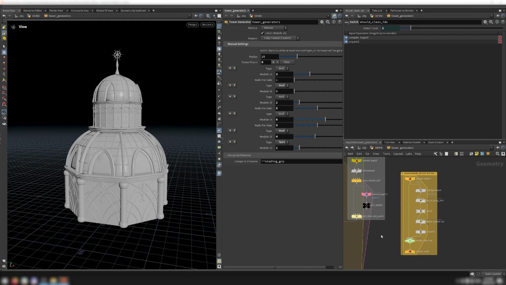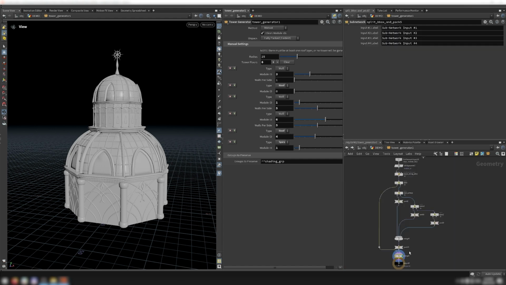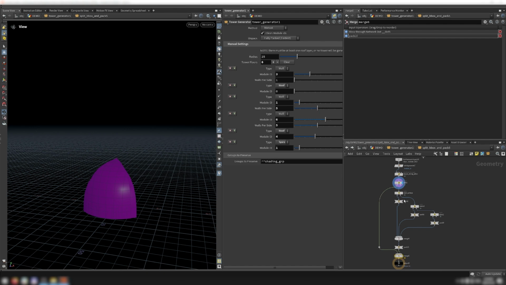So if someone's using the manual mode and they don't want their module IDs to change from the input, they can uncheck this box. Once the IDs are cleaned, they're then fed into this subnet. In here, the module's bounding box and different materials are separated and packed individually. Packing the geometry makes the network more performant. The reason we pack the geometry separately is so that it's easier to assign different materials later. I talked about this in more detail in the aqueduct generator video, so I'll just leave it at that for